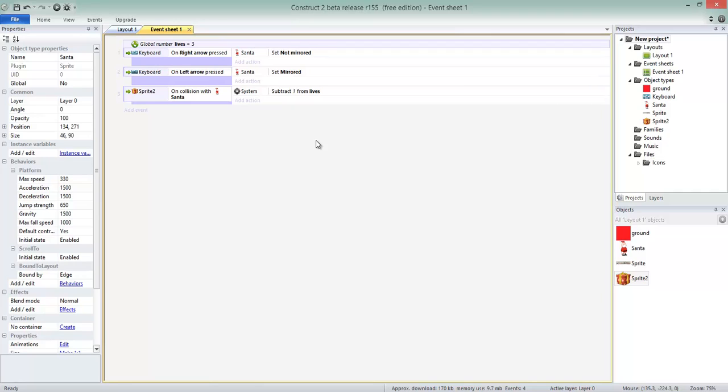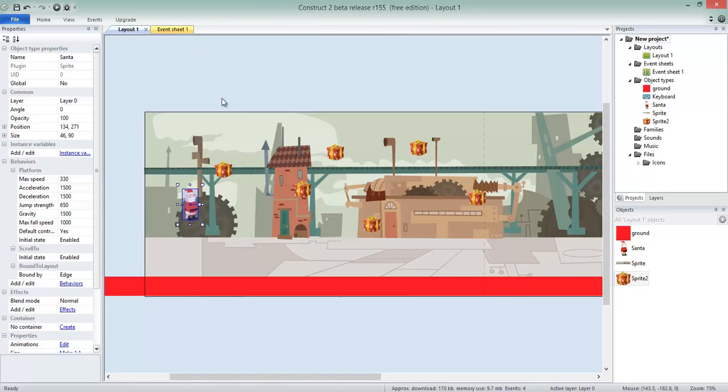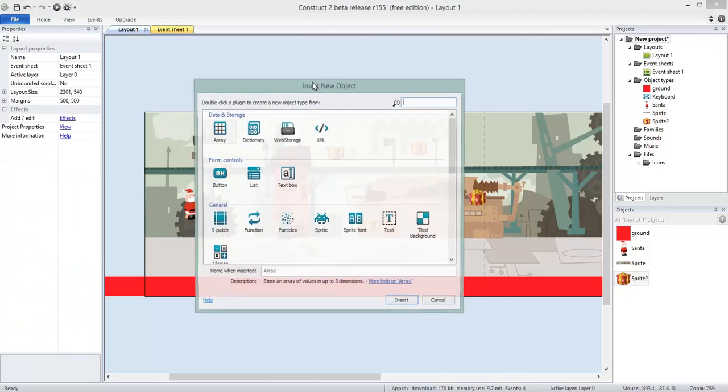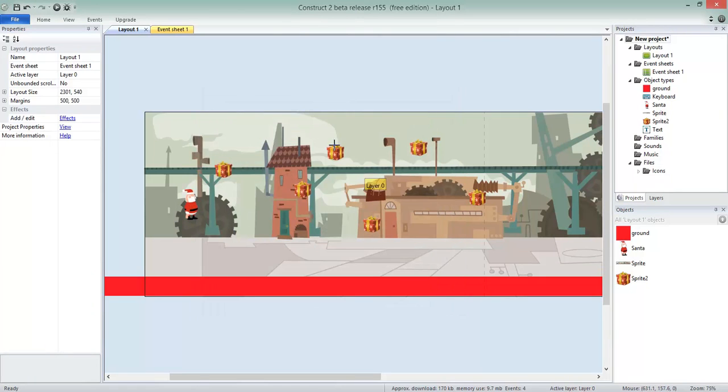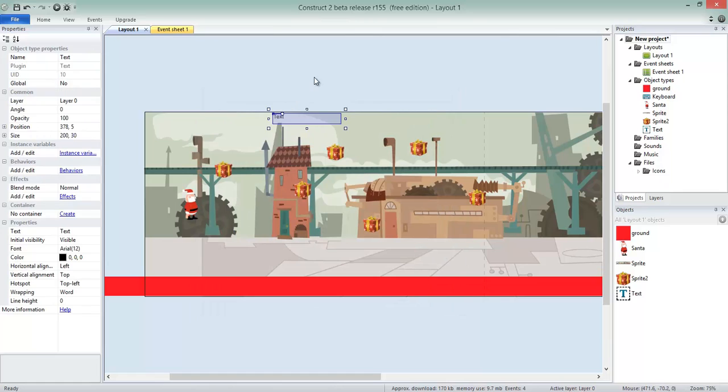Okay, so I can run it right now, but we're not going to actually see much because this variable is not represented here. What we have in the layout is what is visible to us as players. So I'm going to add a small text that is going to show us the number of lives. So I'm going to double click, say text, put it here in the middle. I'm going to call it lives label, and just to make it simpler, I'm going to change the text here in the properties to say lives,